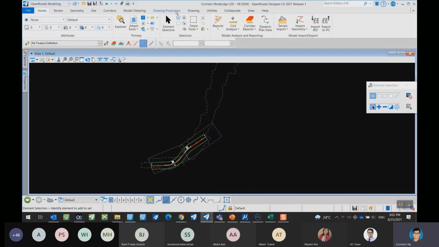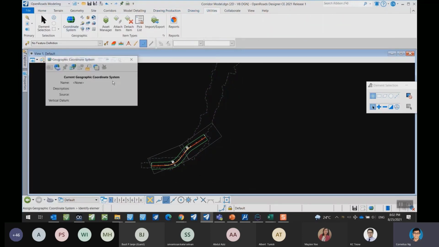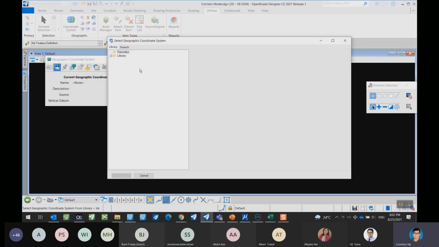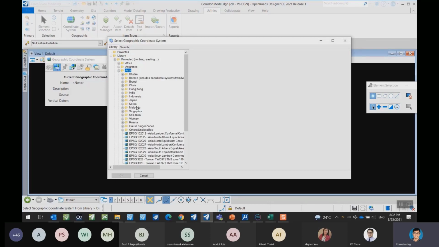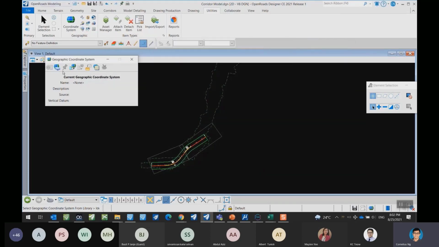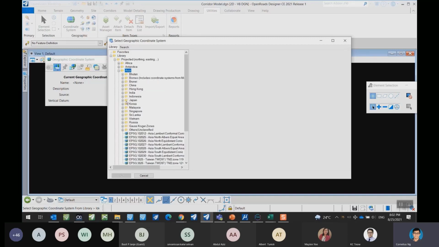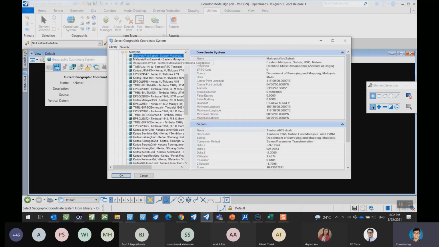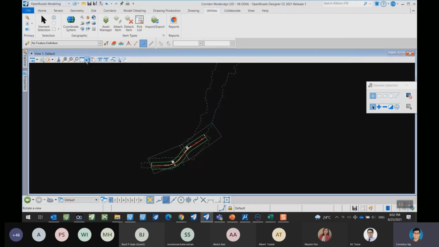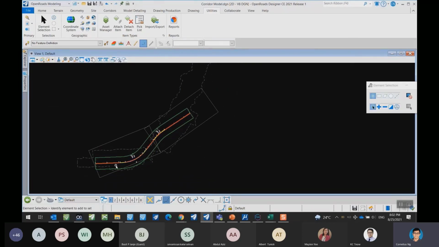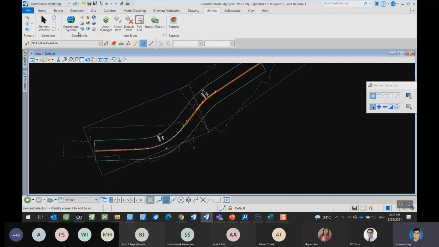And again, of course, I would just be very careful now to set everything to the correct geocoordinate system. Sorry about that. So library, projected, Asia, Malaysia. Oops. Sorry about that. So Asia, Malaysia, and ISO Sabah. Okay. So now I have this reference in, and I'm just going to go ahead and happily create my